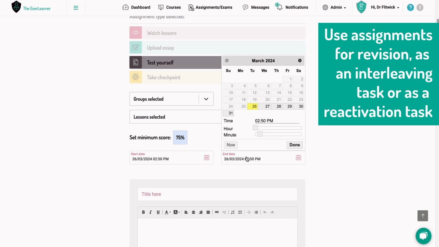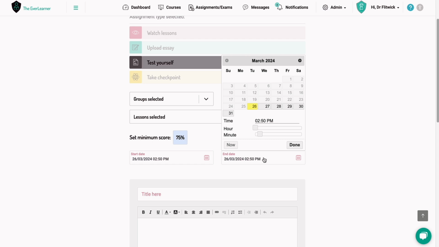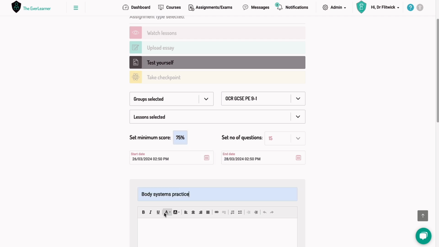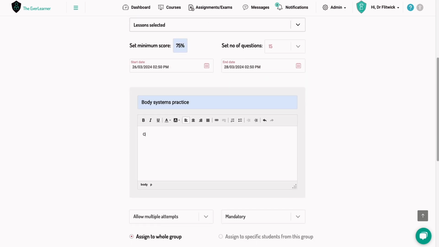So you've taught the information in the lesson, new content, and now as a homework task, you're setting it for students to be able to then complete and see how much they've taken in. So I'm going to write body systems practice, complete all 15 questions as many times as needed until you score at least